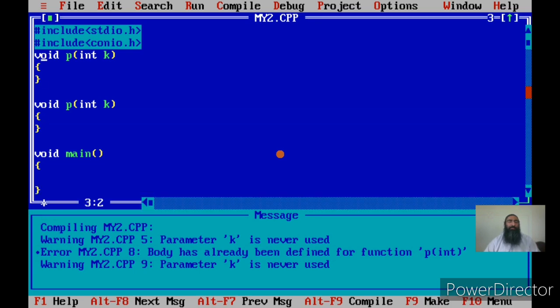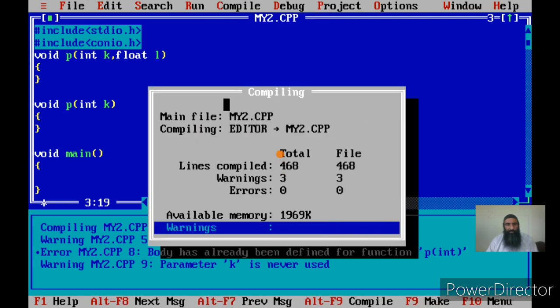So in C++, it is possible that two functions can have the same name, but their argument types should be different, that is, the respective arguments. Since there is no difference in the data type, it won't be acceptable. Now, if I create another argument here, which can be int or float, anything, no problem. Suppose the two functions differ in number of arguments: the first one has two arguments, and the second one has only one argument. Is it possible? Let us compile and see. Acceptable? Yes. No error is there.